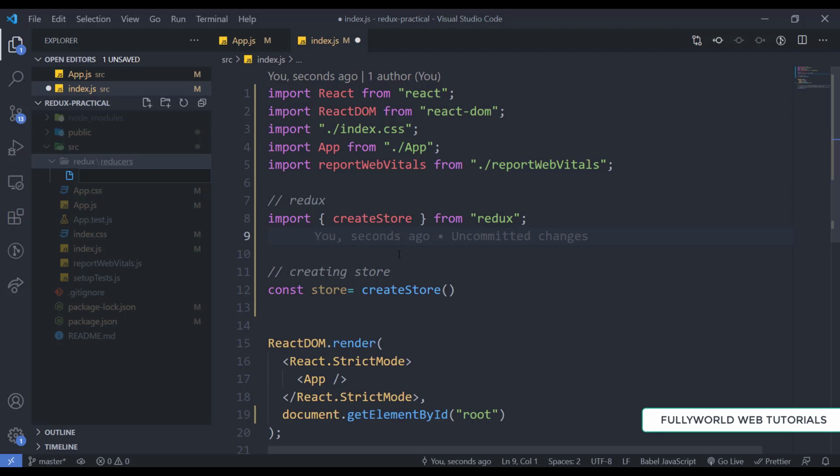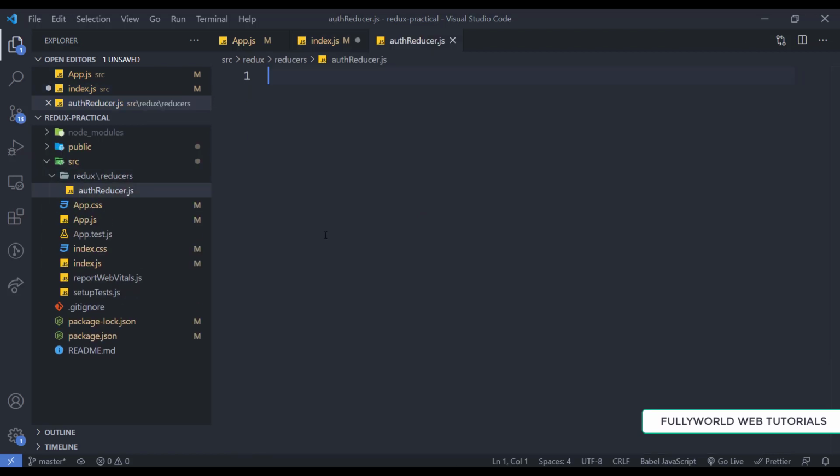I'm going to name it authReducer, or you can use contactReducer, any name. I will just show you a simple login system, about users.